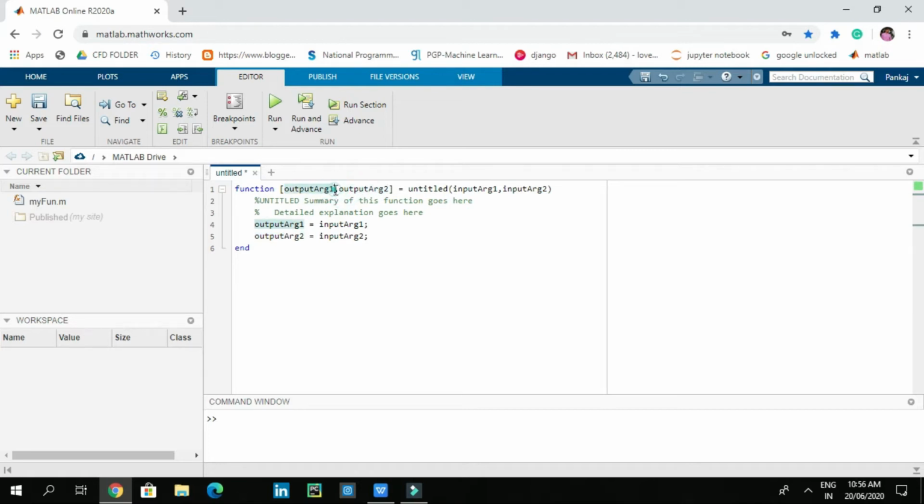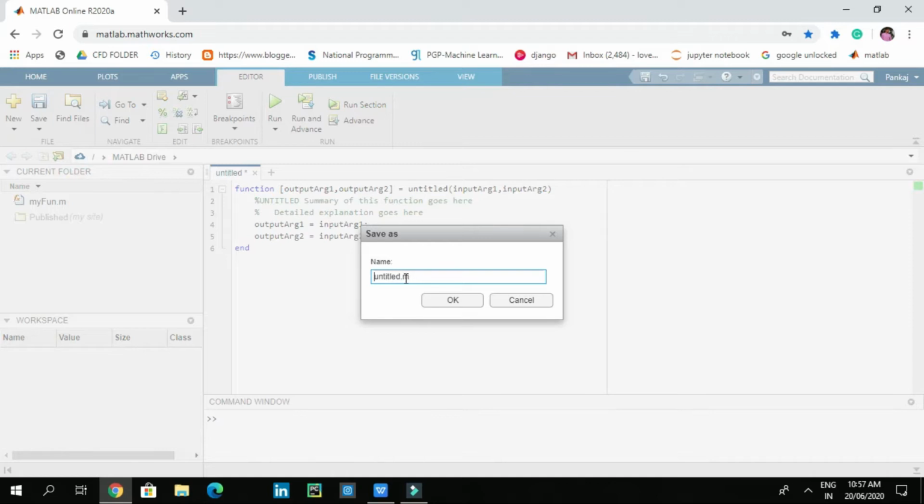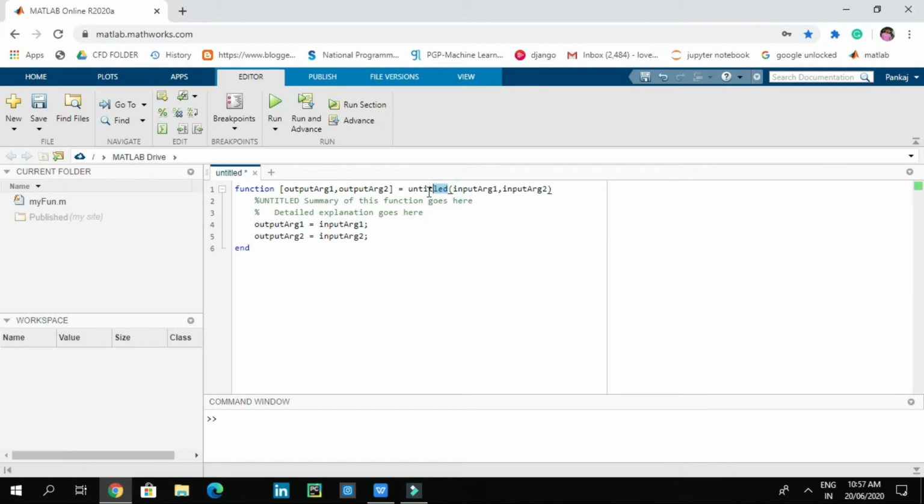Like that you can give multiple output arguments. And here is the name of the function. When you are saving the file, at that time you need to save it with the function name. So here we have untitled, because of that the file name is also untitled, and this star means you didn't save after changing this file.